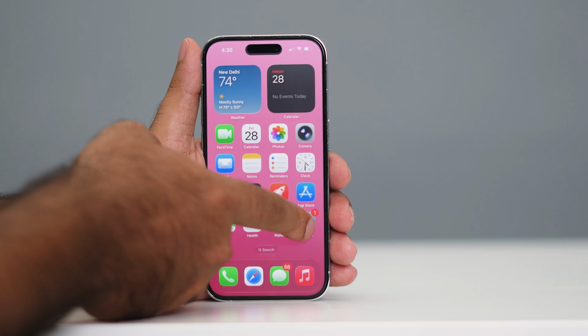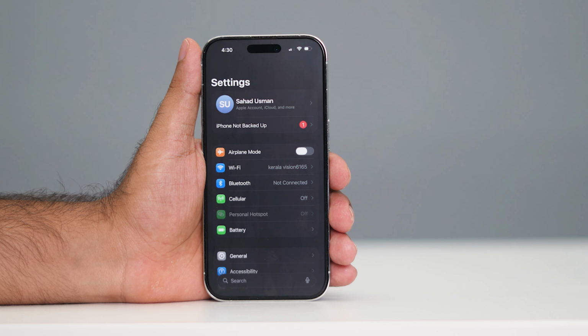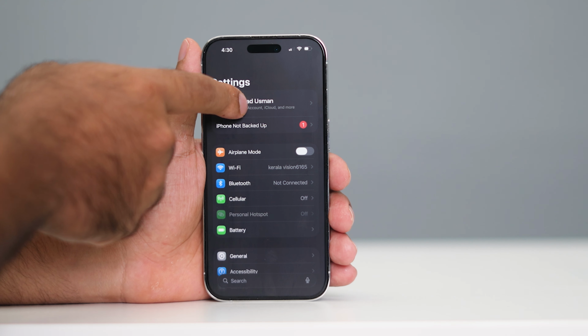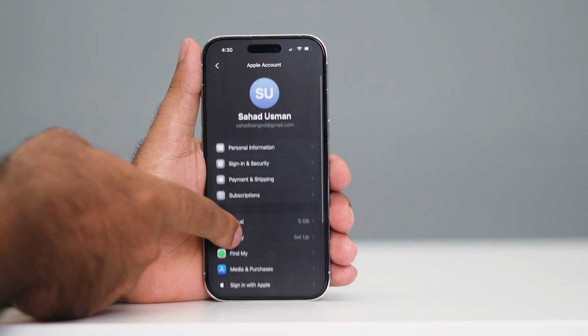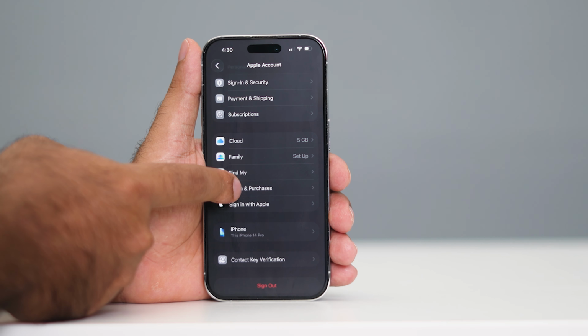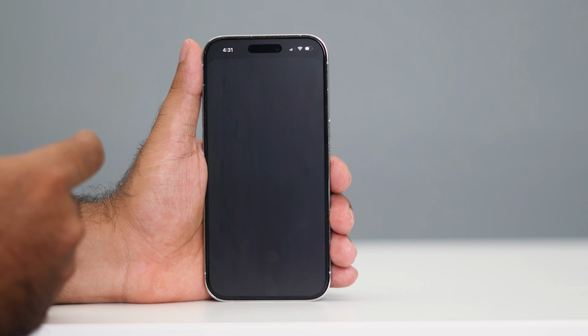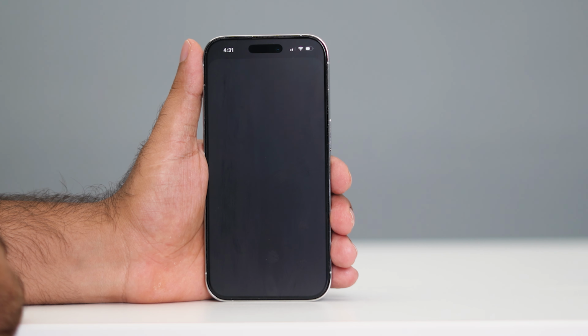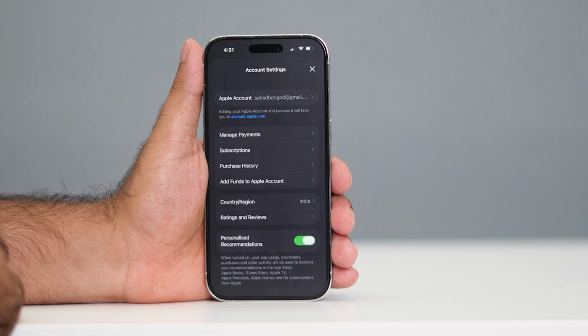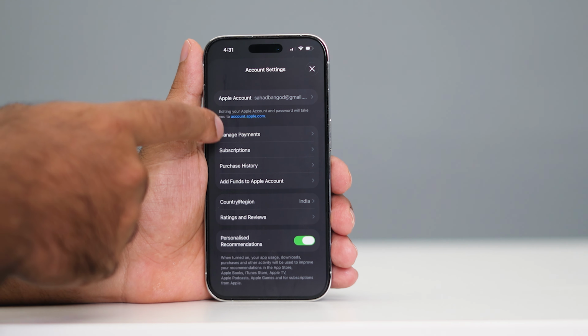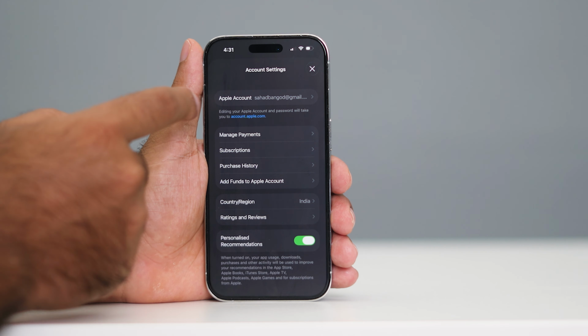what you need to do is just go over here and tap on the settings. Now from here you have to tap over here at the top. Now scroll down and navigate to the media and purchases, go for view account and give your face ID over here. It might ask in most cases. And right now afterwards we can see over here we have a lot of things